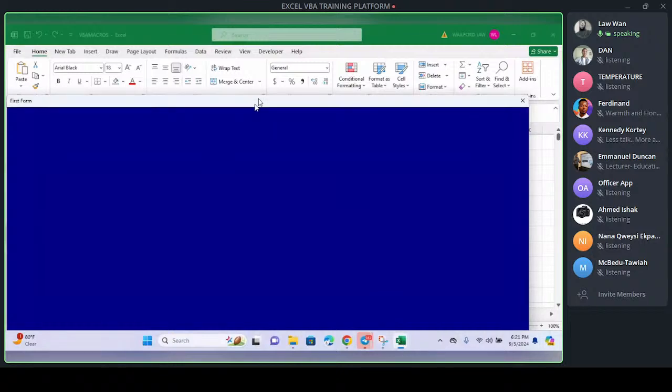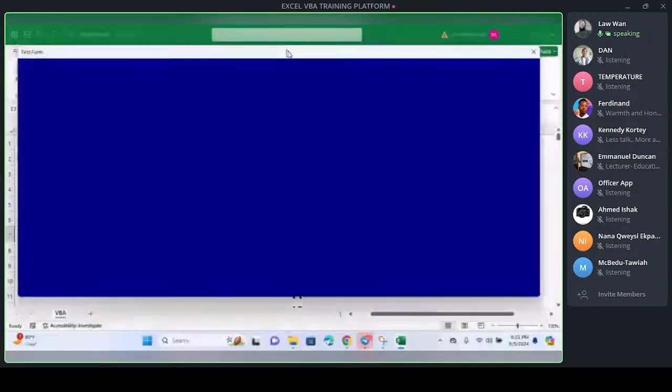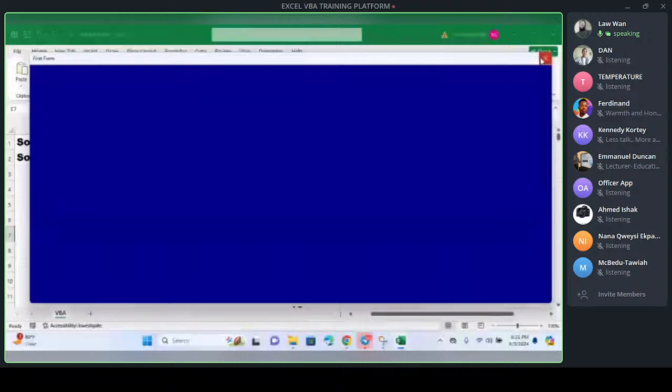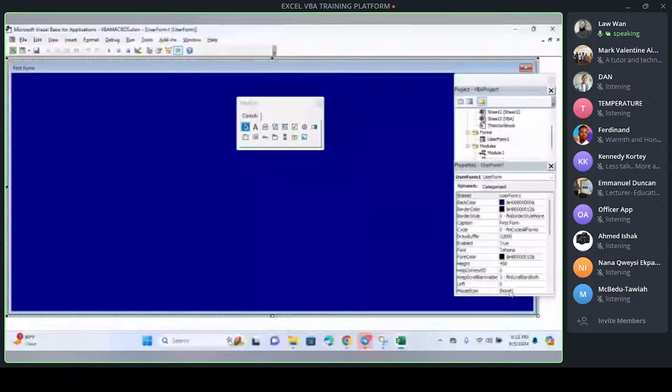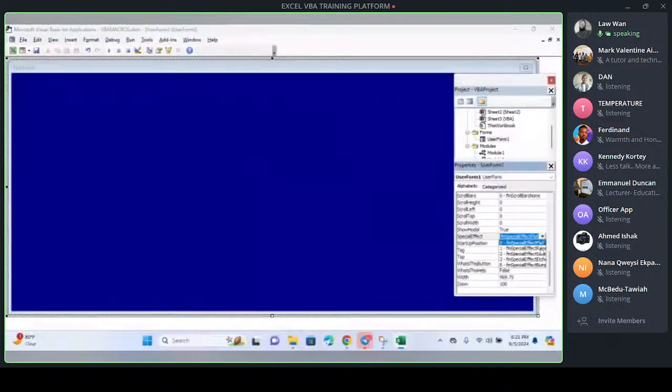If you run it, this is it. Good. So I am saying that the special effect, I want to change the special effect and then run it again, and you see what I am talking about. If I choose raised and I run it,